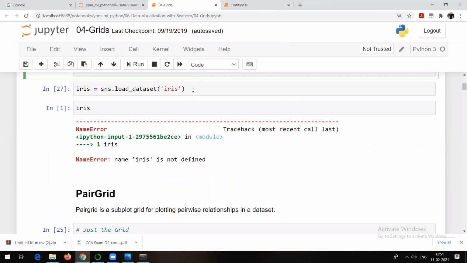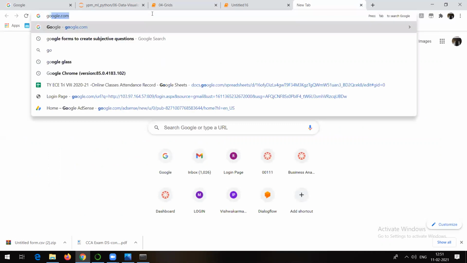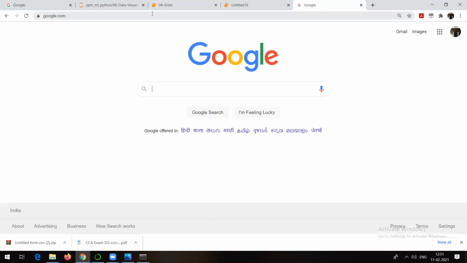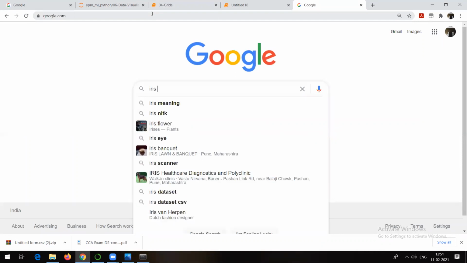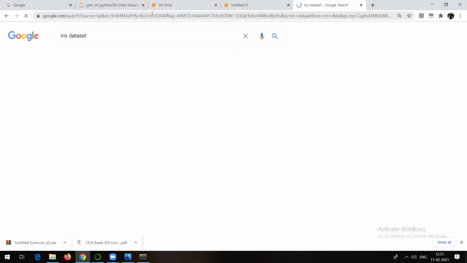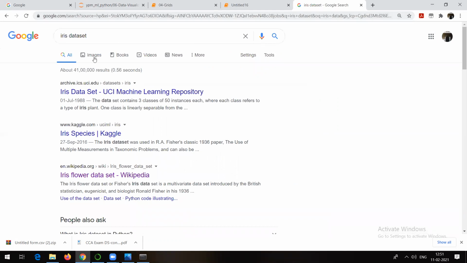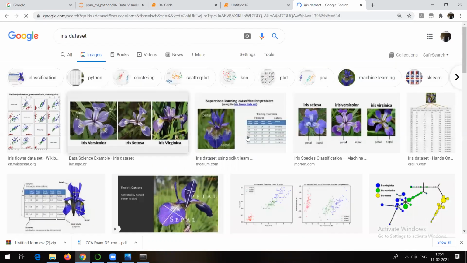So there is a data set called iris. Iris is a data set which is related to plants. Let me just show you the data set itself. This data set I am going to import now. Just for your understanding purpose, I am showing you all these things here. Iris is a data set which is by default present in the Seaborn package. Now in case of iris, there are different varieties of flowers.